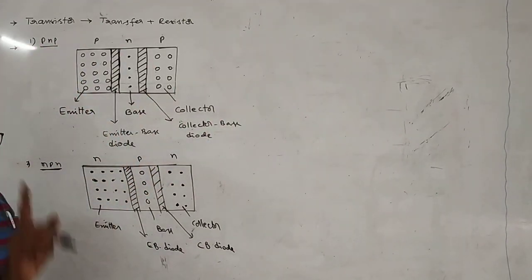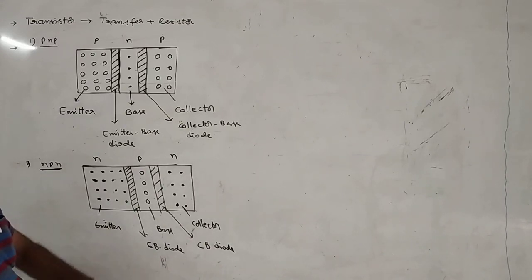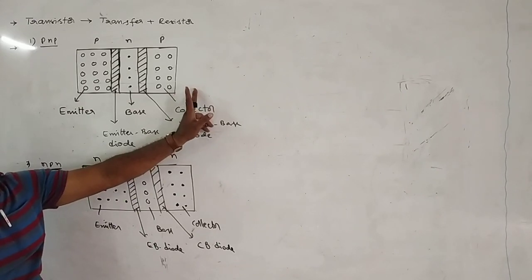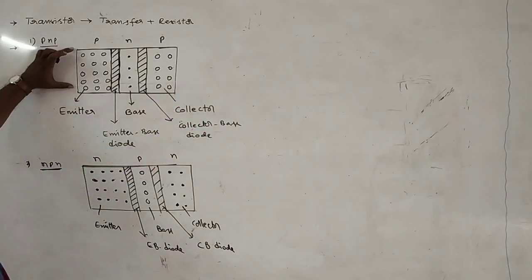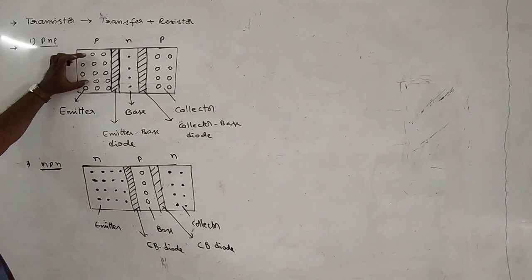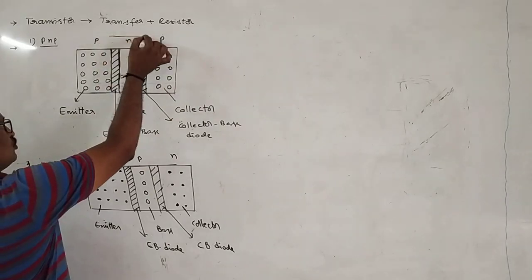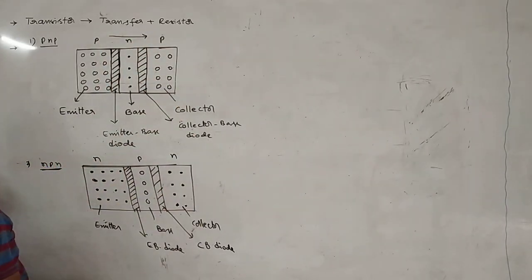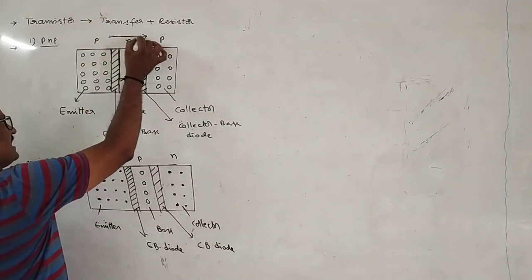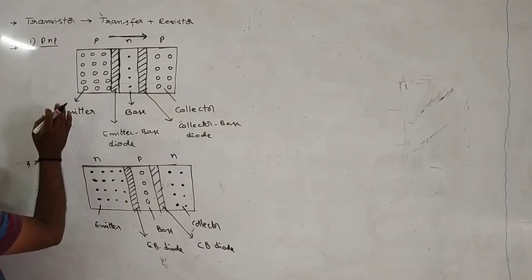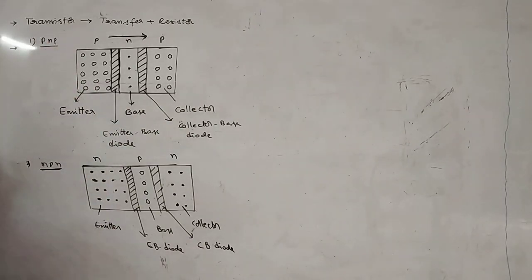Remember, my dear friends, current is always flowing from the emitter region to the collector region. Remember this point. So here, what are the majority charge carriers in the emitter region? Positive charges. That's why these positive charges tend to move through the PN junction diodes. That indicates the conventional current direction. So the direction of current in the case of a PNP transistor is taken from emitter to base. Right?